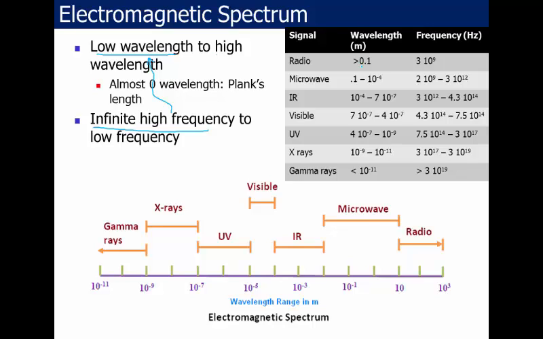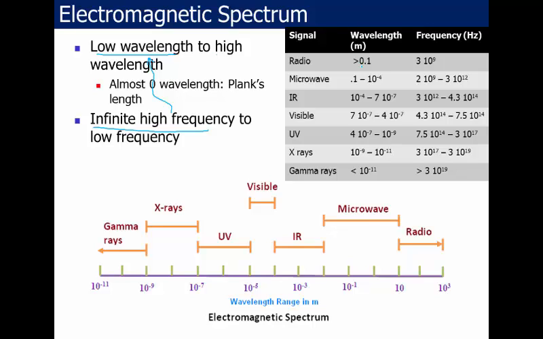Radio wave is like this. Frequency is 3 gigahertz, 3 times 10 to the power 9 hertz. Right? Our radio signal is usually around 2.4 gigahertz. Makes sense. Microwave